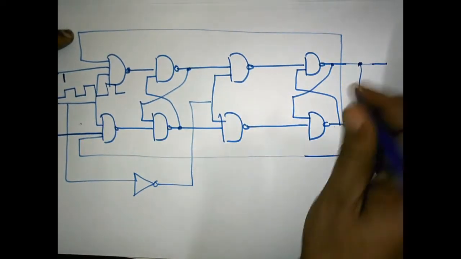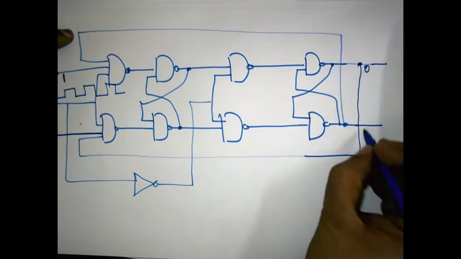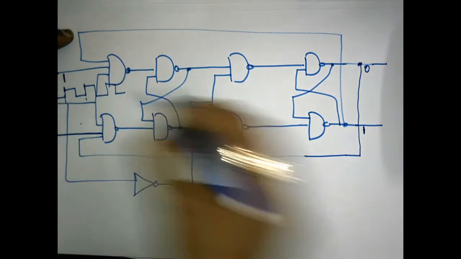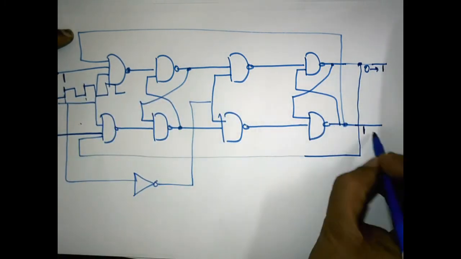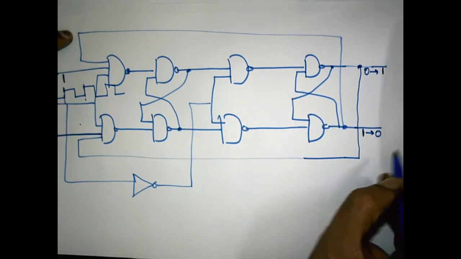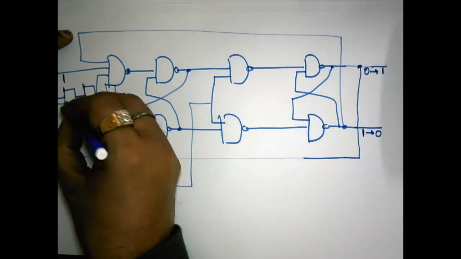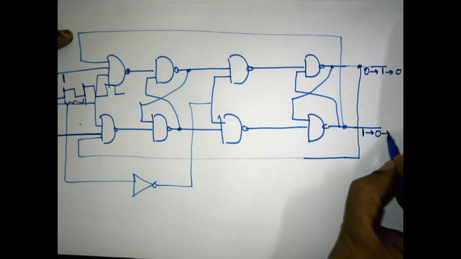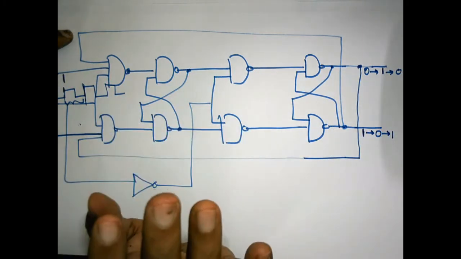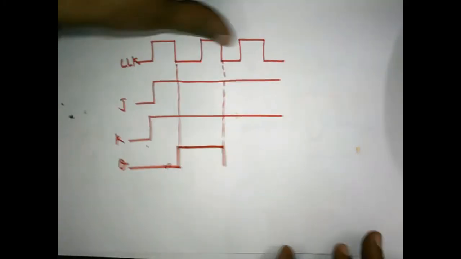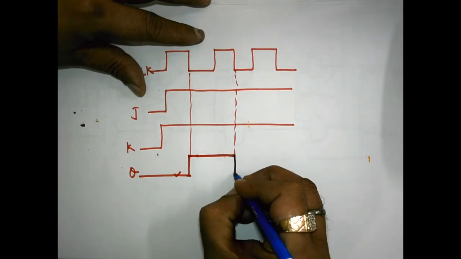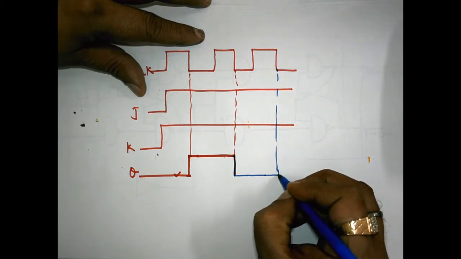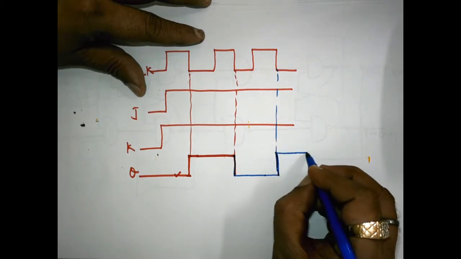And before this, suppose the situation was 0 1 over here. So just on the completion of this clock, it will become 1 0. And it will remain 1 0 up to this total time, and after this time it will further become 0 and this will become 1. Getting my point? So once it becomes 0, it will remain 0 up to the arrival of this time, and after this time it will once again become 1.